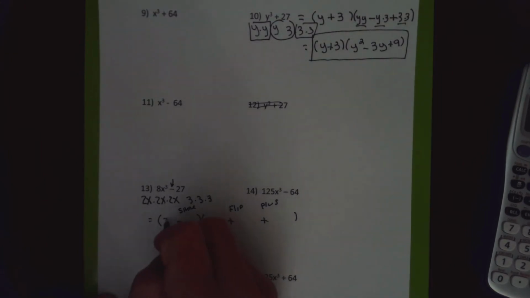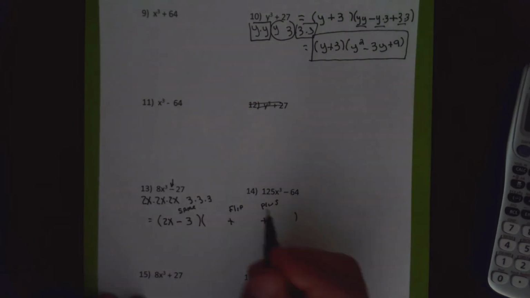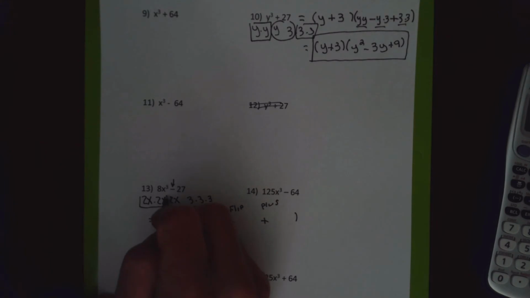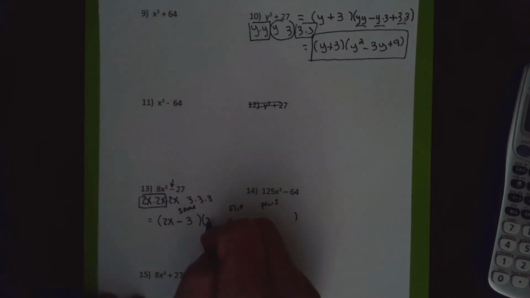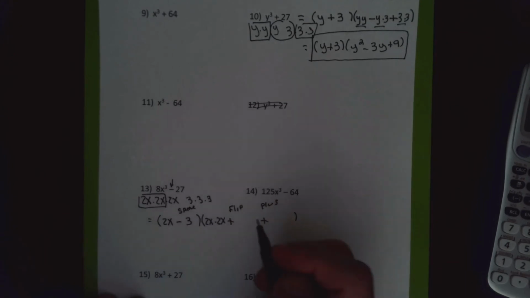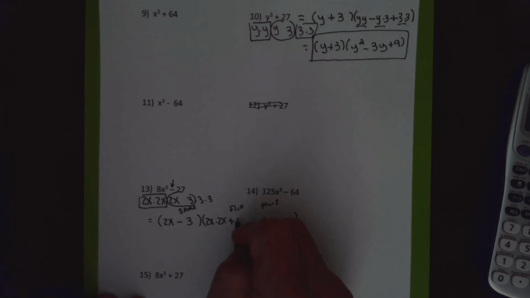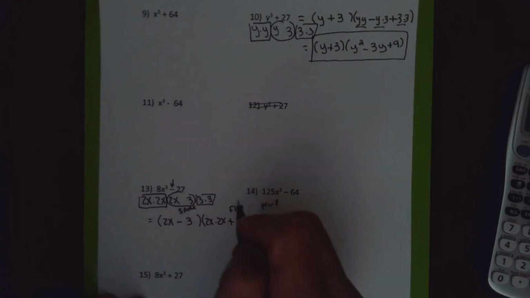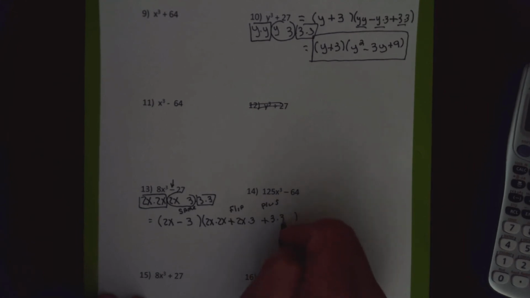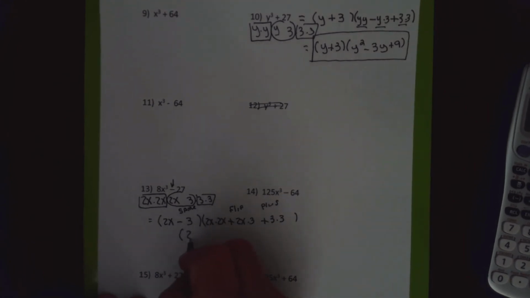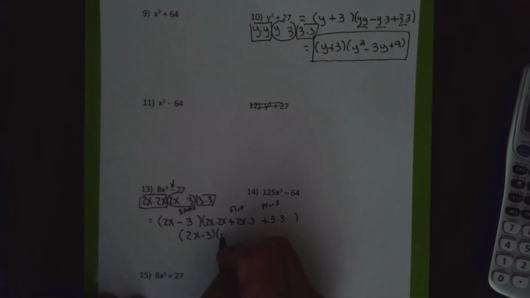First parentheses, I get 1 from each grouping, so I get one of the 2 x's and one of the 3's. Second parentheses, I pair and multiply. Usually I multiply in my head and I don't show this step, but just in case you need it, I usually would go right to the answer. So first pair, second pair, last pair. So for an answer, I'm going to say it's 2x minus 3, and then 2x times 2x is